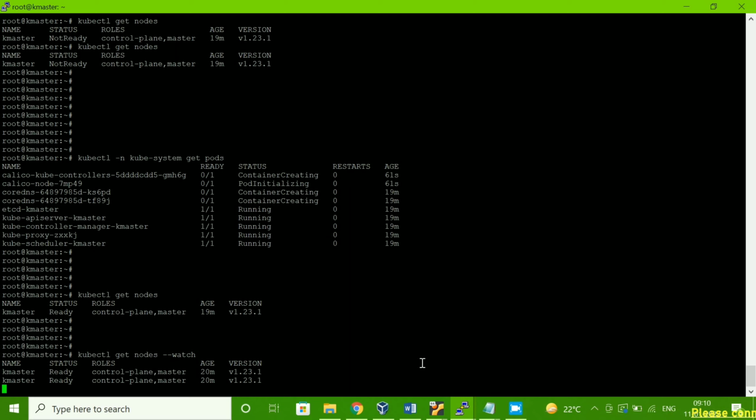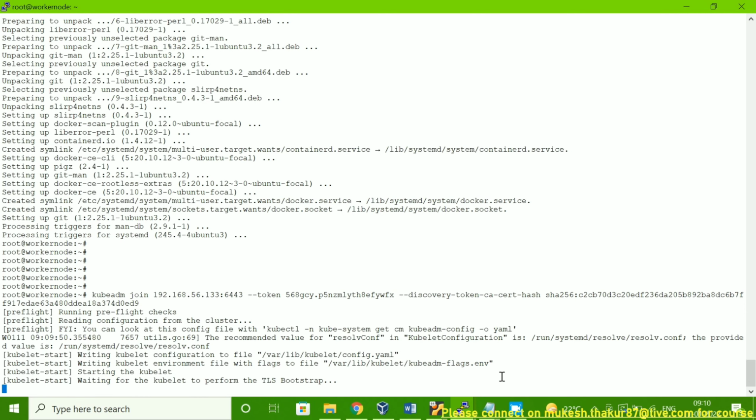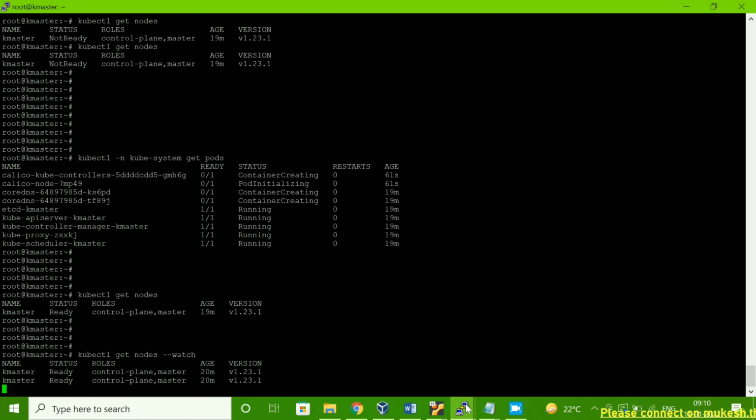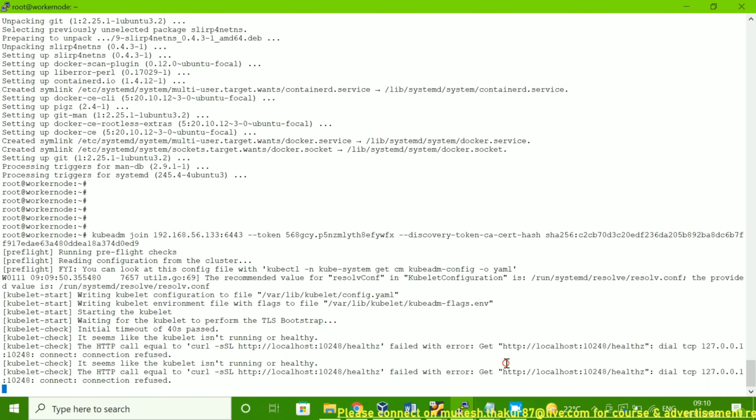We have to wait for some time. Control plane, master added. We need to wait some time here because it will take time to add the worker node to the master node.